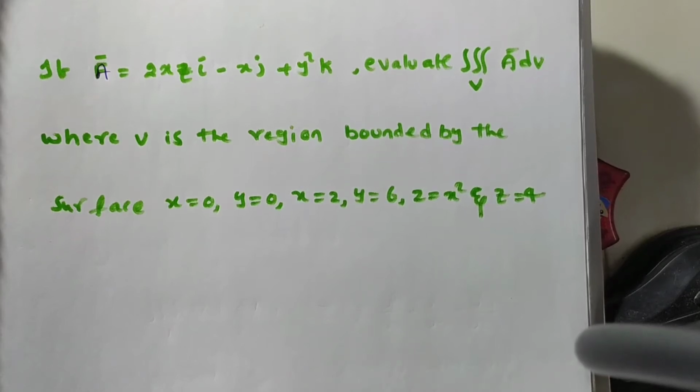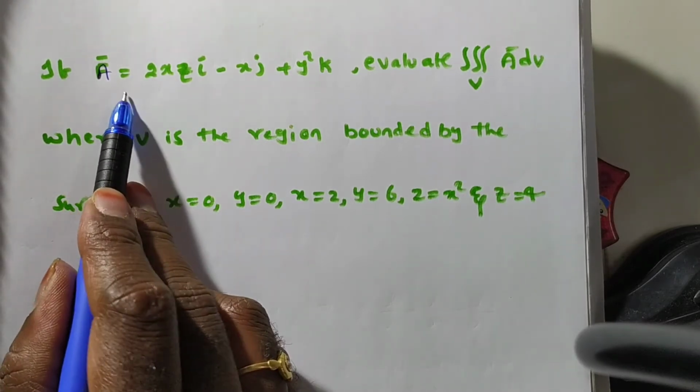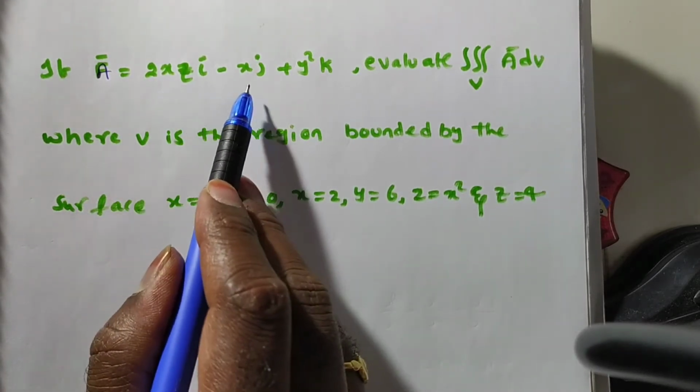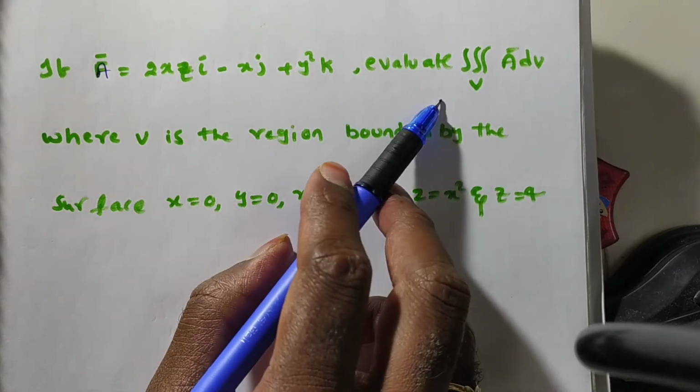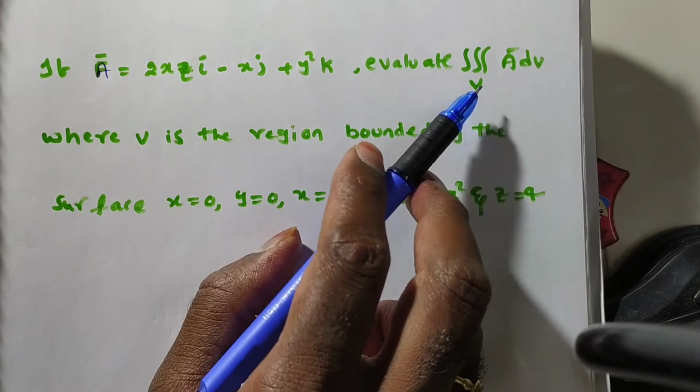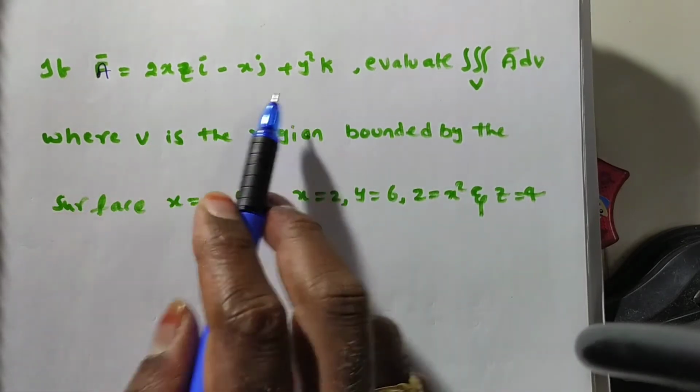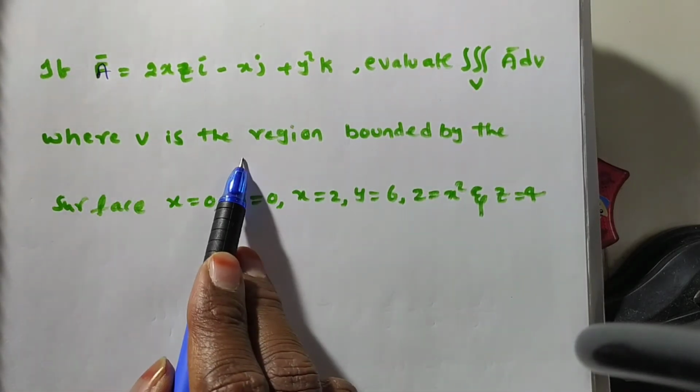Hi friends, in this video we are solving a problem on volume integral. The given problem is: if A bar is equal to 2xz i minus x j plus y square k, then evaluate the triple integral over V of A dV. A bar is nothing but a vector, where V is a region